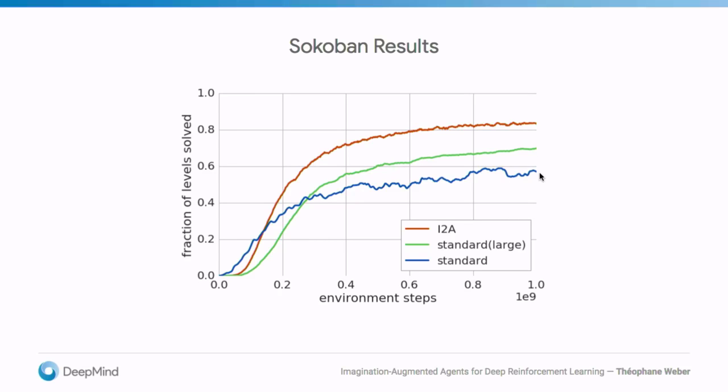A last baseline or last check that we wanted to do is maybe I2A performs well because the network itself has a good inductive bias. Maybe this rollout encoder, which in our case was an LSTM, is very helpful in doing some form of pondering, and this has nothing to do with the model at all. So what we do is we take the exact same I2A architecture, but we replace the model by a sham model, a copy model that takes the input observation and constantly returns it. Everything else, the number of parameters is the same, it's the same amount of computation, the same training regime. And this does actually terrible. The copy model does worse than model-free and model-based.